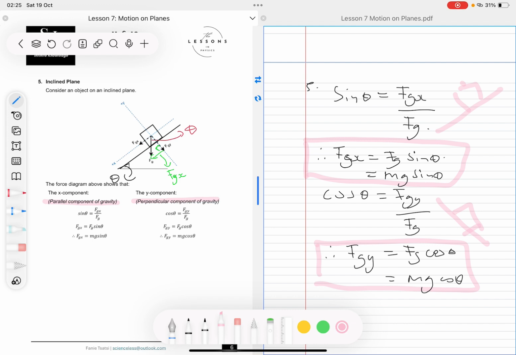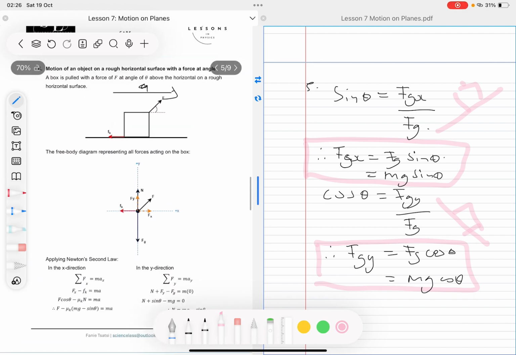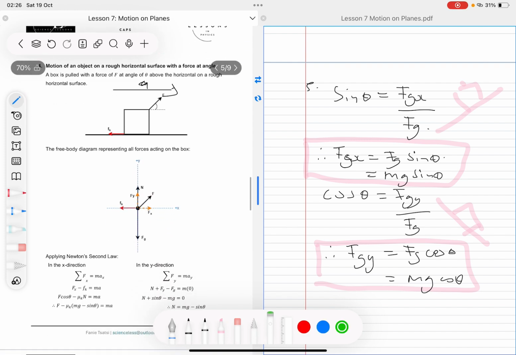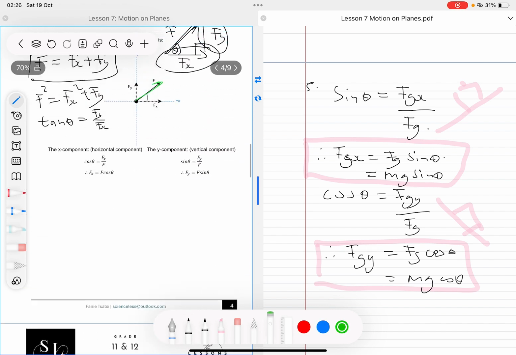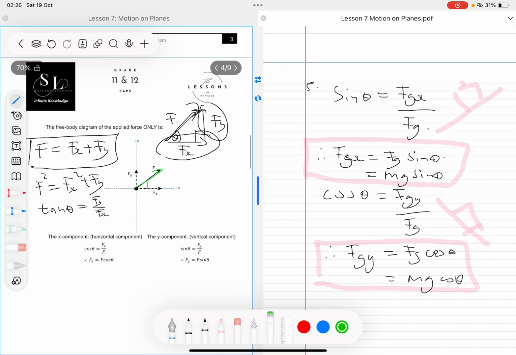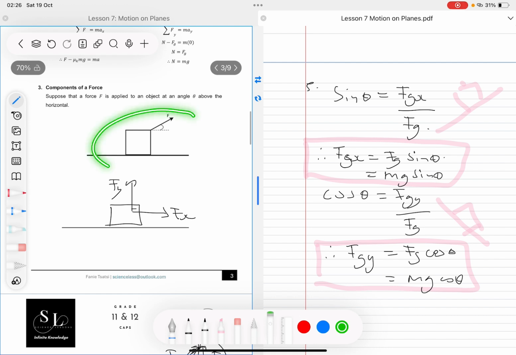These forces will always be defined by this, and the x component will always be mg sin theta, and the y component will always be mg cos theta. I'm saying this to you because when you are dealing with this type of situation where you have these components here, let me refer to this one. When you have these components here, as in this diagram here,